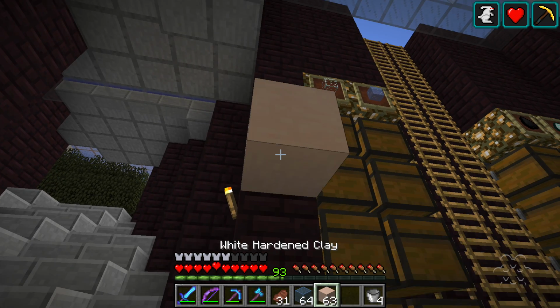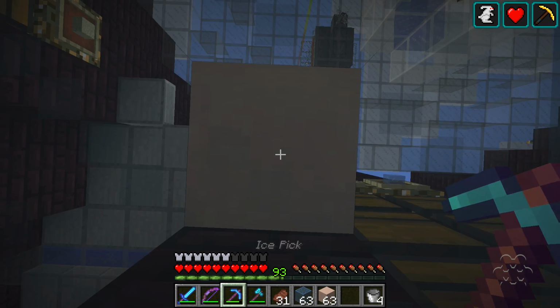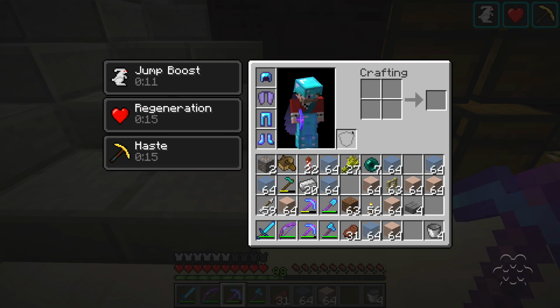We're going to put a white ceiling like that, and then we're going to put the blue glass under the white ceiling, so it's going to look like that. I think that'll look pretty cool. And then we'll have...